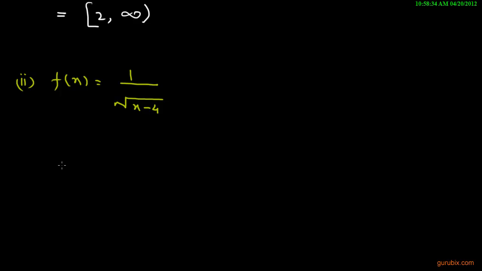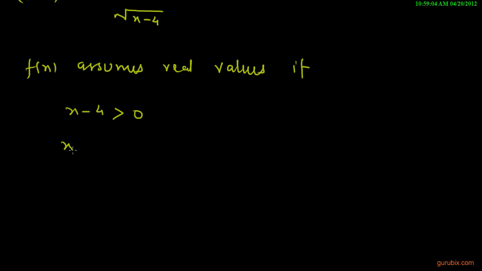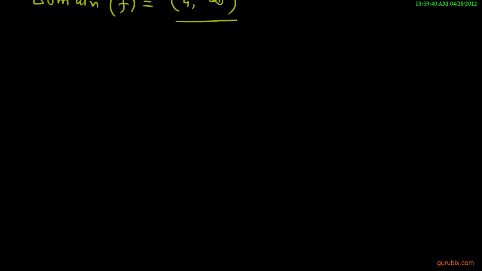Then we can say that f(x) assumes real values if x minus 4 is just greater than 0. This means x is greater than 4. This means the domain of the given function f is 4 to infinity, where 4 is not included. So this is the domain of the given function,